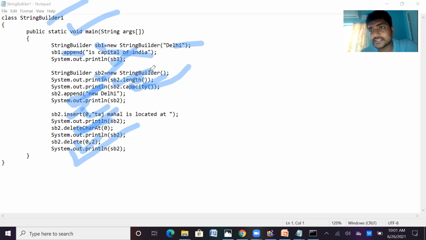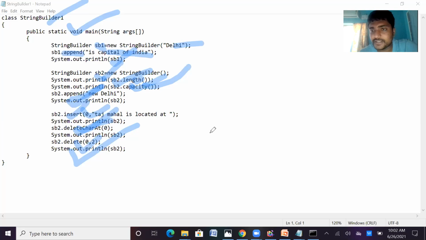In this chapter, we studied the three classes: String class, StringBuffer class, and StringBuilder class. The most widely used one is the String class. That's why we have seen so many methods in the String class: comparison, searching, and getting characters, all these things we have seen. And then we have seen the methods in the StringBuilder class as well as the StringBuffer class. So this is the end of strings.